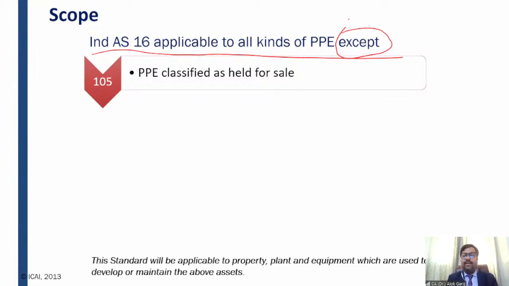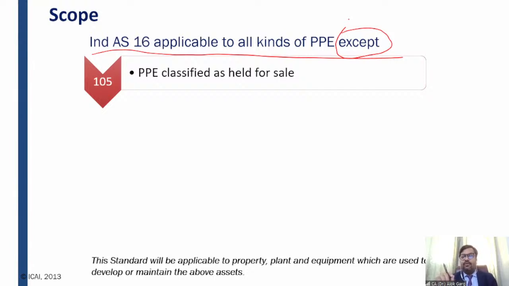Okay, when you read Ind AS 105, this is a standard which talks about non-current assets held for sale and discontinued operations, right? So first of all, you need to understand Maruti. What is Maruti? Maruti Suzuki India Limited is an automobile company. What is the business model of Maruti? Maruti manufactures cars and sells cars, right? Whether a car is a fixed asset for Maruti, whether a car is property, plant and equipment for Maruti, the answer is no. A car is inventory for Maruti, right?